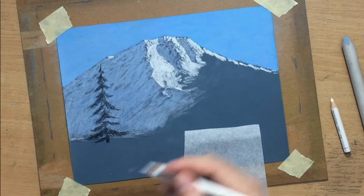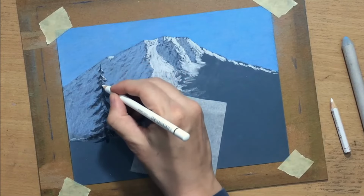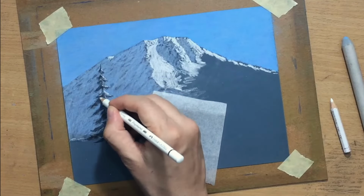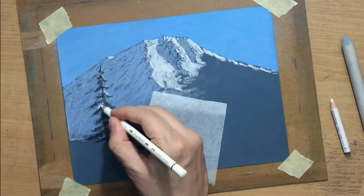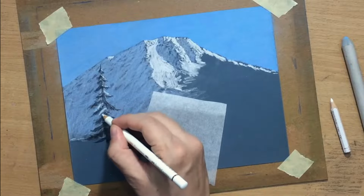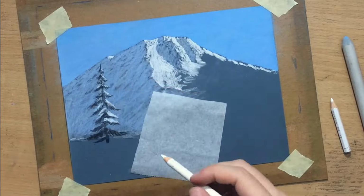And after that I'm going to be adding some white on top of all of that to make it look like the tree is covered with some snow. Now, an important point here is to understand that you can only do this on sandpaper. You wouldn't really be able to do this on regular paper, because on regular paper you can't really work from dark to light. On sandpaper you can, but of course there are limitations as to how many layers